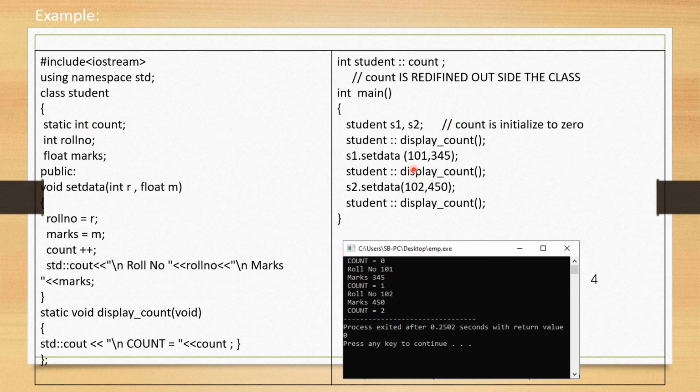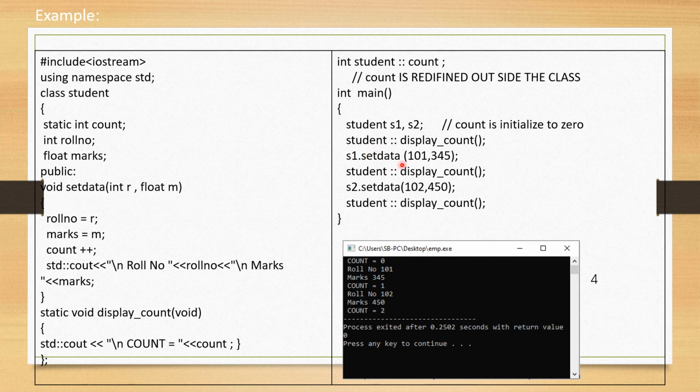First we will see what the value of the count variable is. In display count we have used the statement cout. How will you call that static member function? Class name, scope resolution operator, and the member function, that is display count. It will print count is equal to 0.